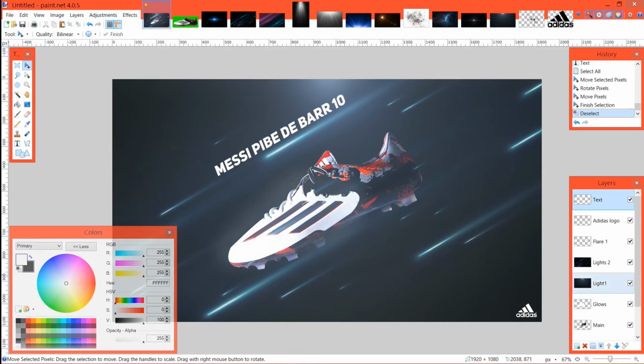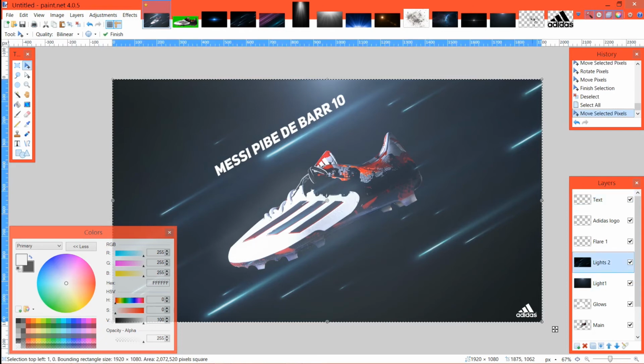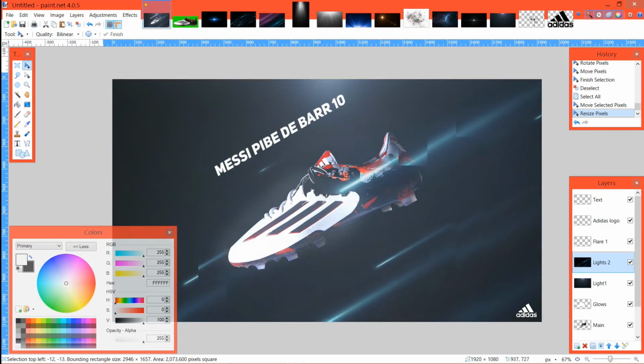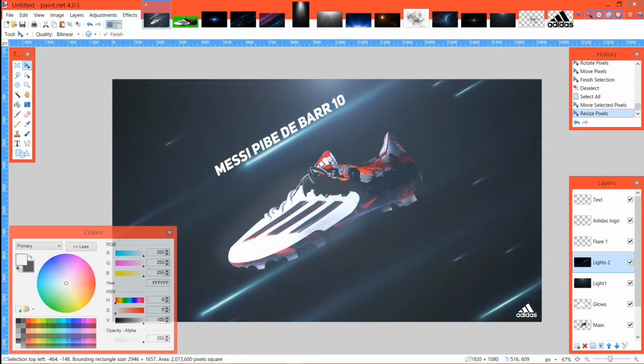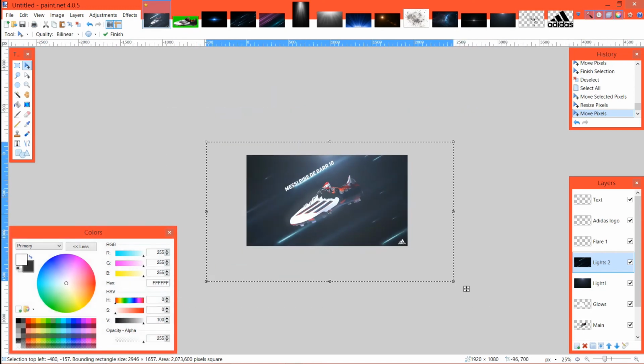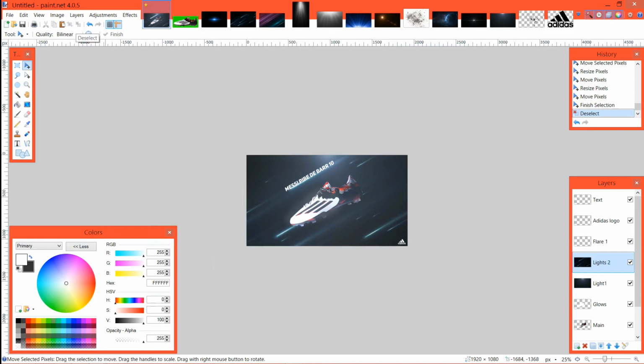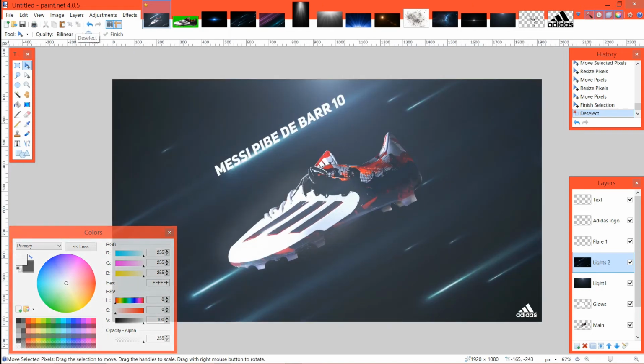And then actually what we can do is change the lights to be a bit larger and more widespread. Let's actually zoom out. And let's put that right there. And as you can see, it really blends in with it,